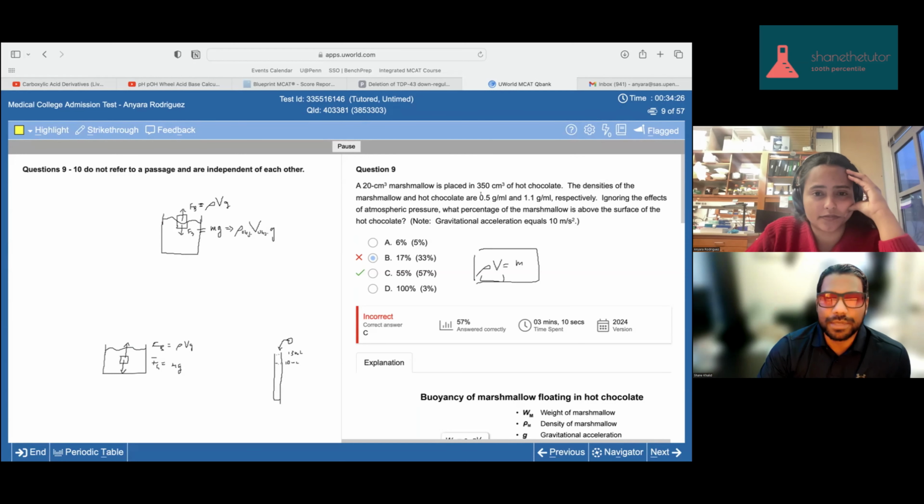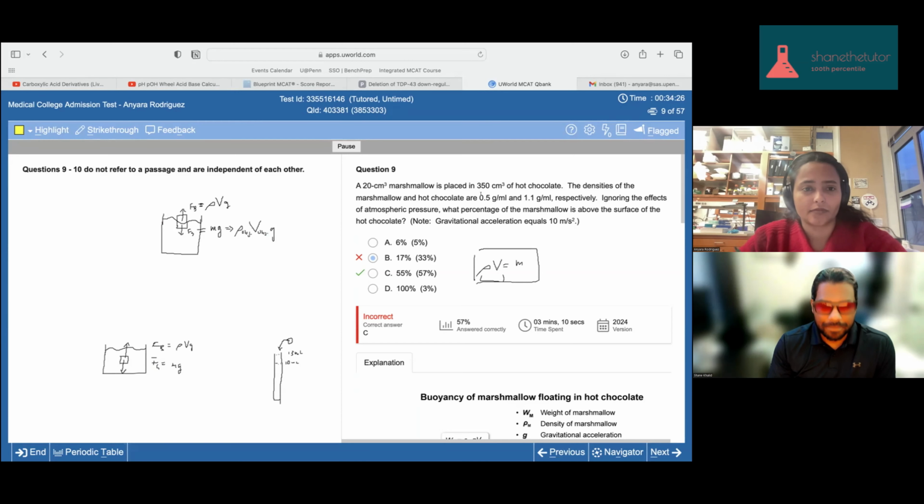Something to remember is just that a buoyant force is a consequence of the fluid being displaced. So it's the fluid that's producing the buoyant force, whereas the gravitational force is just acting on the object with mass. So that's why we typically draw or write the weight of an object as mg, and the buoyant force will be essentially negative. Well, it will be equal to negative mg or negative weight, because what it does is it displaces its own weight, something that's submerged.